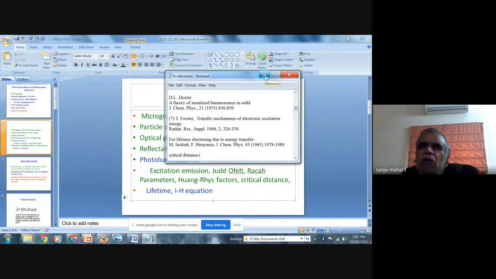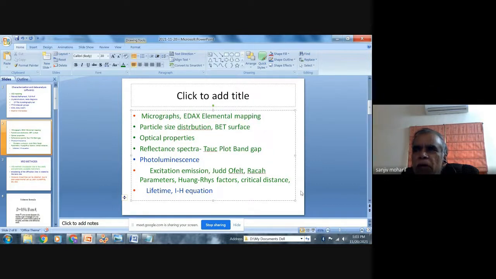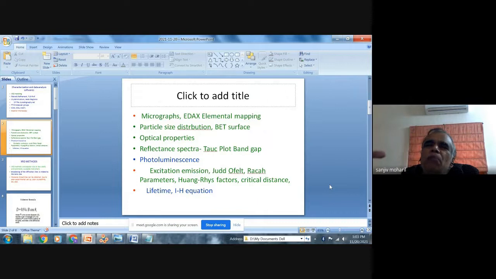So I think we'll have to make some short programs for solving these equations also, so that we just put in experimental values and we get the analysis. So developing such small programs will be quite helpful to the group. Those who know some programming, handling MATLAB, etc., I request them to undertake this activity also. Some small things I could do in Excel also, but Excel may not always be sufficient.